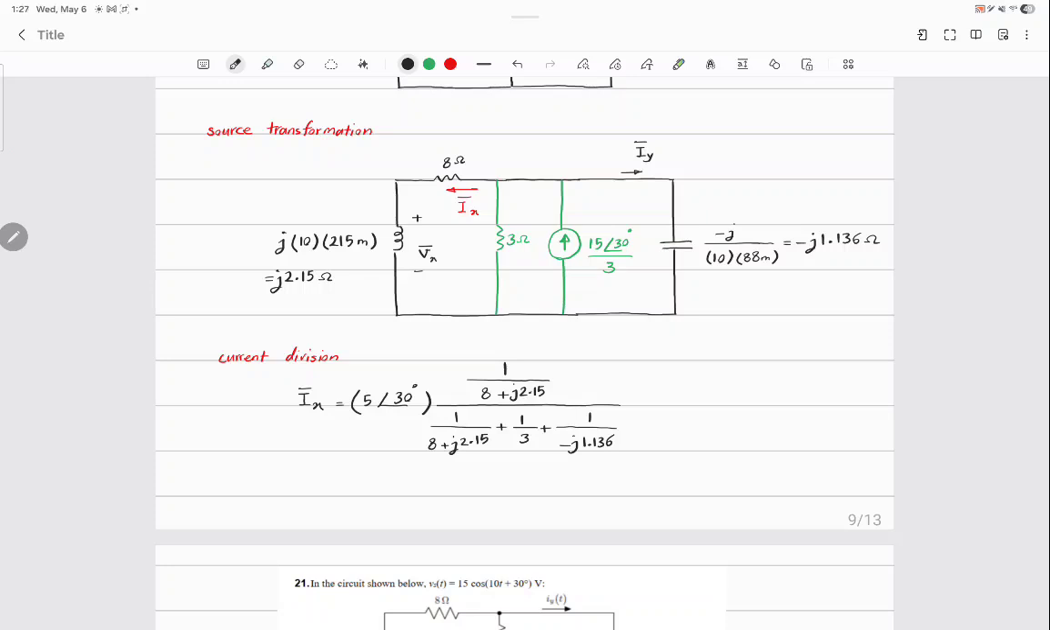Right? Do you have anything for this? 0.628 angle amps. Someone else confirming this? Okay, now what is Vx? j 2.15 ohms multiplied by Ix equal to